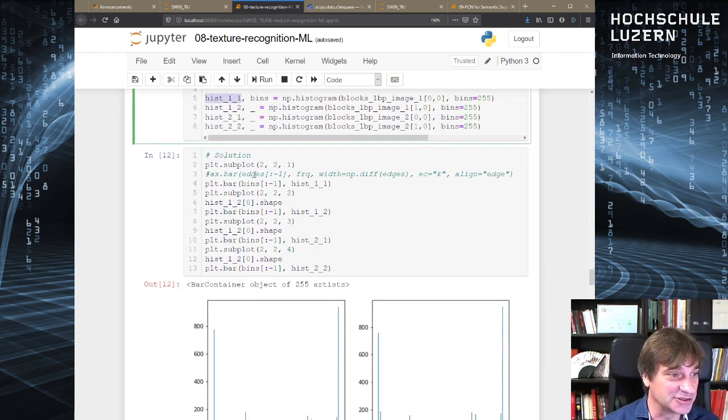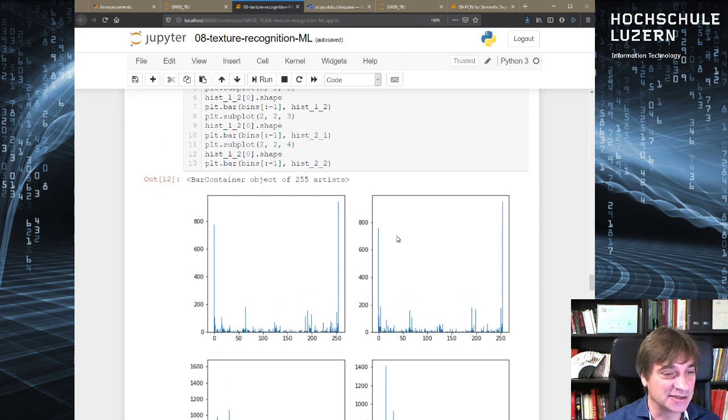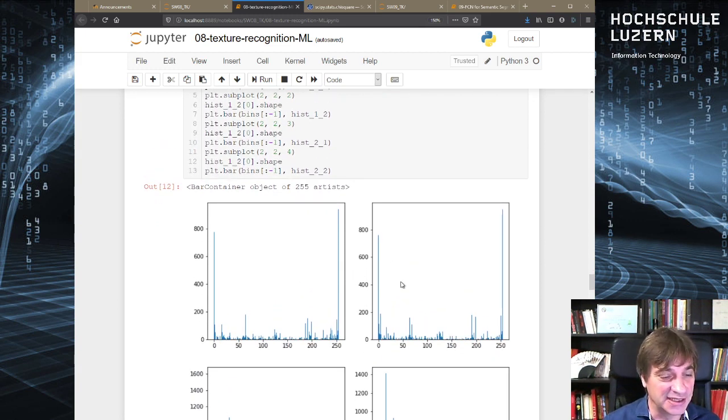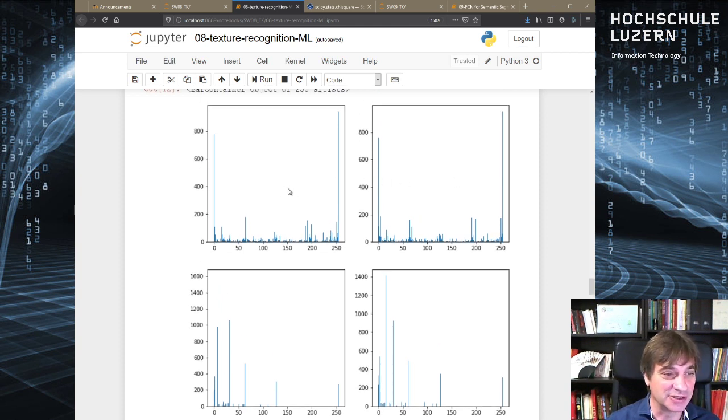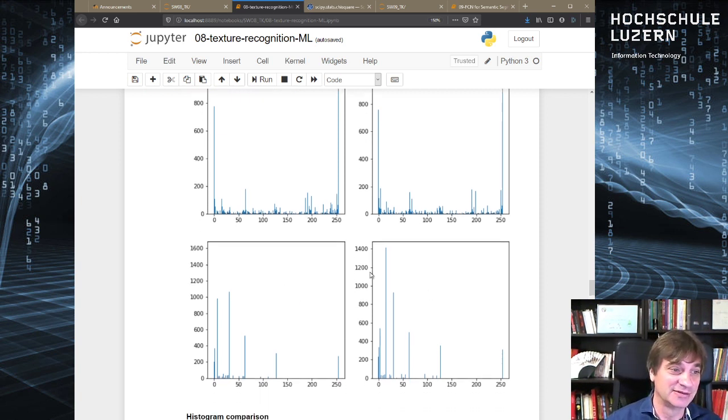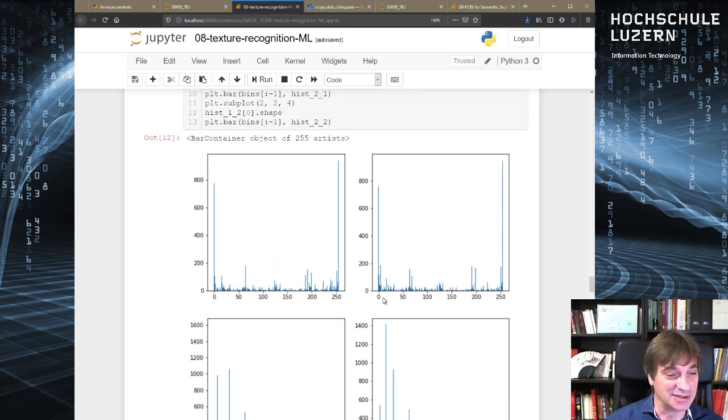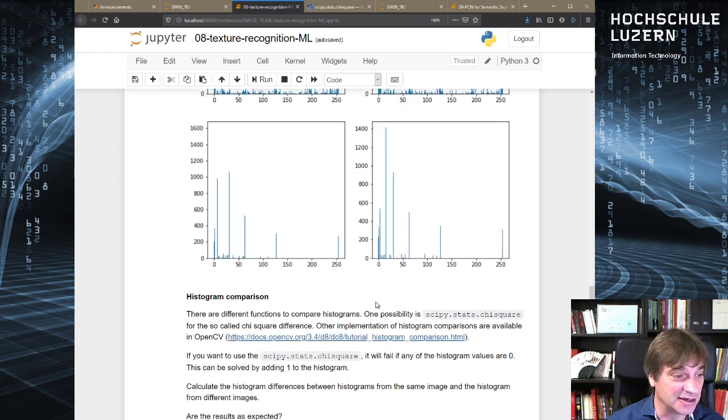image. And so when you look at those images here, we see those two are the histograms from two patches of the same image, and those two are from two patches of the other image. And I think it could be said that those two look much more similar than the ones from the different image here, and the same here. So by looking at it, it seems very likely that we can use that feature for texture segmentation, and to